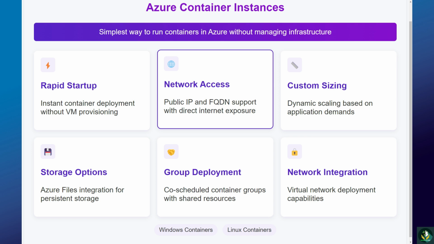Storage solutions: Azure Files integration, persistent storage support, direct file share mounting, data persistence across instances, shared storage capabilities. Platform support: Windows container compatibility, Linux container support, mixed environment deployment, cross-platform capabilities, flexible operating system choice. Implementation scenarios: simple applications, web applications, API services, background jobs, scheduled tasks, testing environments, task automation, batch processing, data analysis, report generation, scheduled